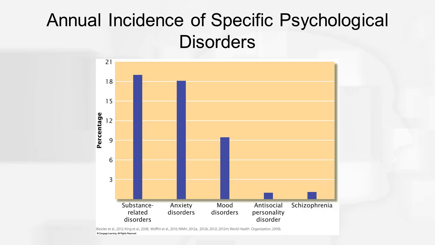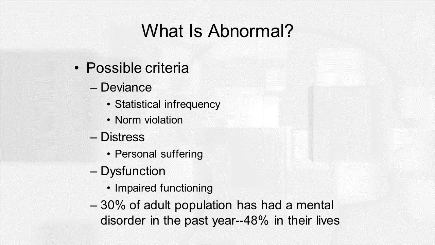One of the things that I want to point out here is that in the United States, this data has revealed to us that nearly 30% of people experience some form of mental disorder in any given year, and that almost 50% of them have displayed a disorder at some time in their life. When we look at information from the World Health Organization, we find that the same general pattern appears among more than 400 million people worldwide. So this has a lot of implications for us when we start to consider, well, what does it mean to be abnormal? How do we define abnormal?